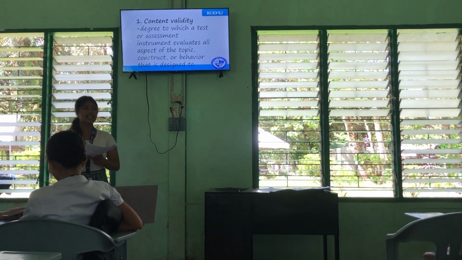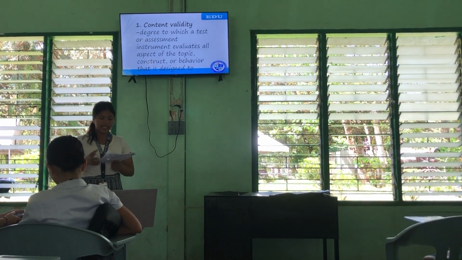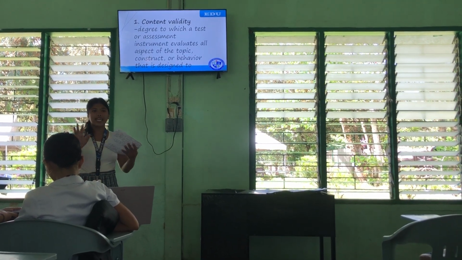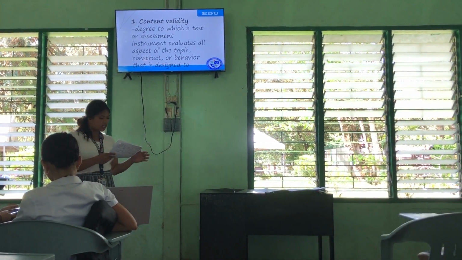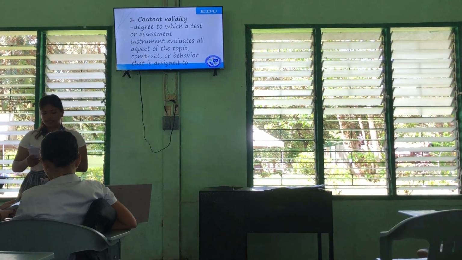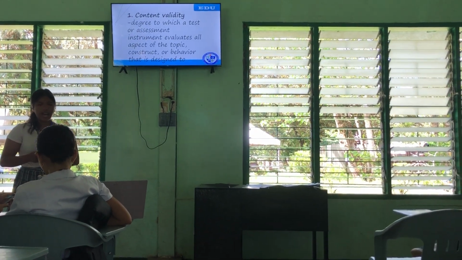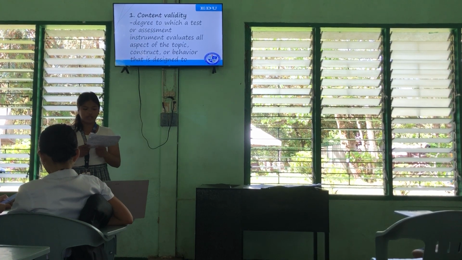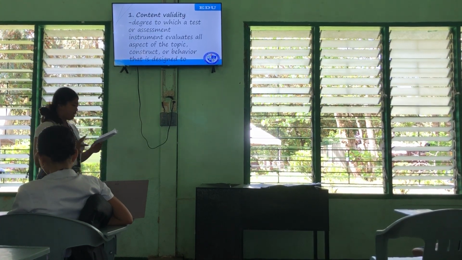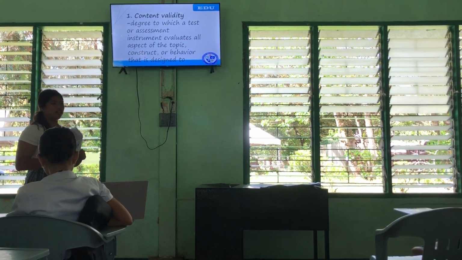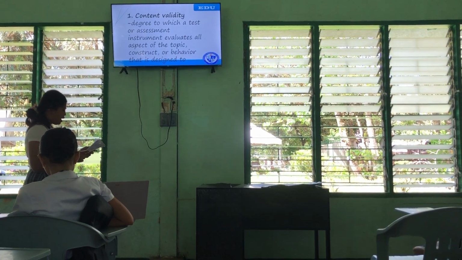In educational assessment, content validity is like making sure that the test is a good match for what students have been learning in class. It refers to how well the content of the assessment aligns with the learning objectives and curriculum. For example,